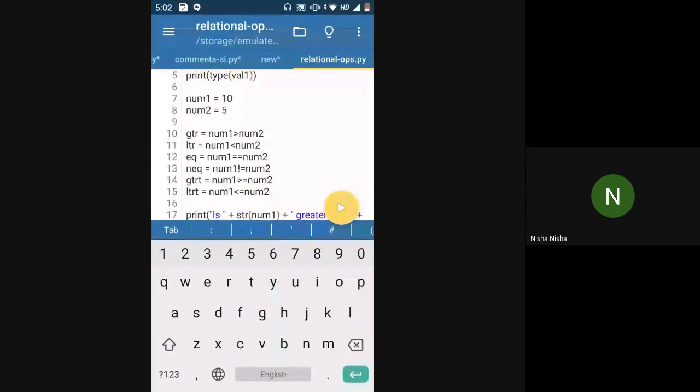Okay, so as we were saying, the equal to sign has two functions in Python. You can use the equal to sign in two ways. One would be to assign a value. As you can see, line number 7 and line number 8. In line number 7, I have used the equal to sign to assign the value 10 to the num1 variable. I want to put this 10 value in this num1 variable, so that's why I've used an equal to sign. That is the first use case of equal to.